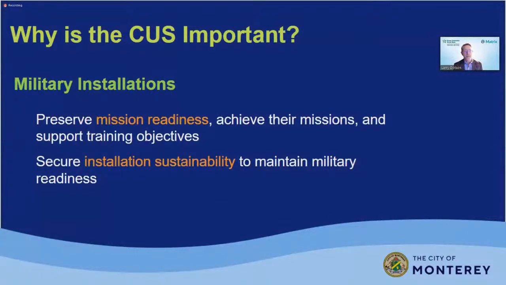But the interest of the program and the grant itself is to achieve and protect the sustainment of military installations, and that investment the Department of Defense has made in those installations over time. It is a very costly venture, in the multiple billions of dollars, to relocate a military installation or transition functions from one location to the next.